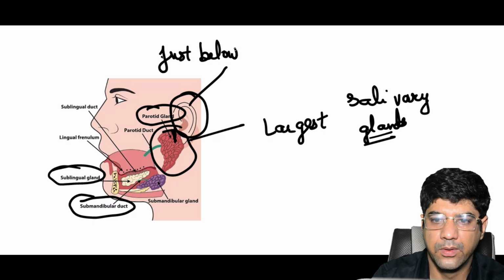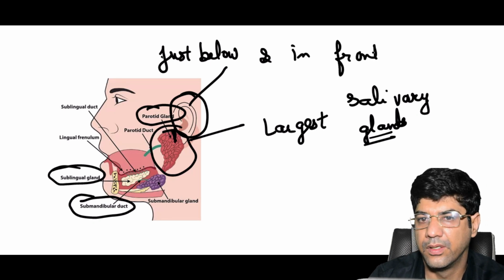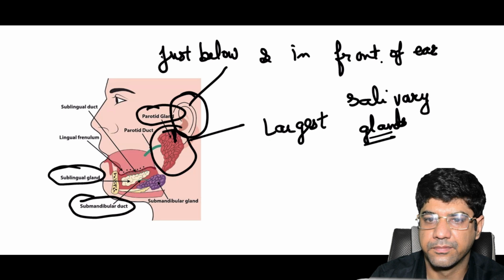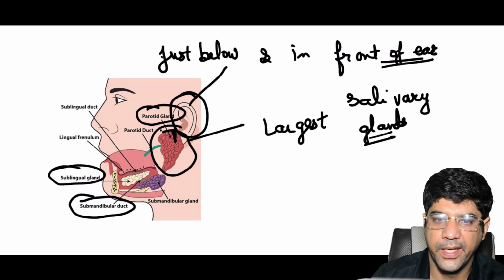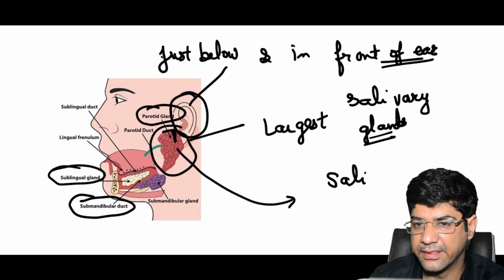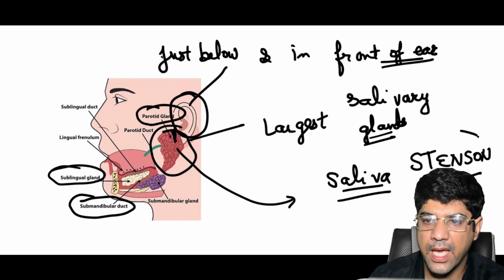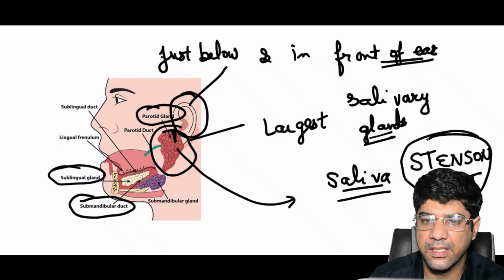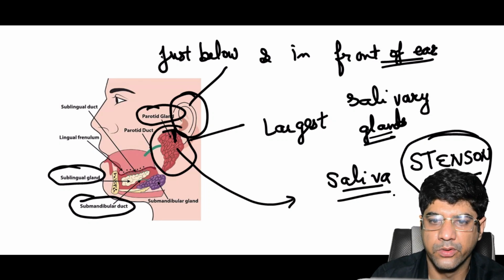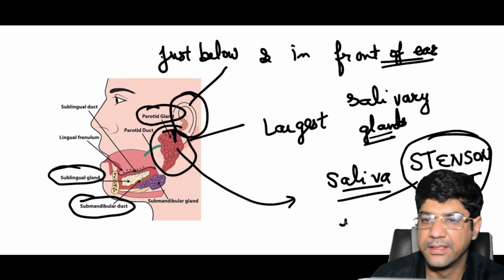Just below and in front of the ear. Now, what does the parotid gland secrete? They secrete saliva through a duct that is known as the Stenson duct. Now, can you tell me where this Stenson duct opens? This duct opens inside the cheek,